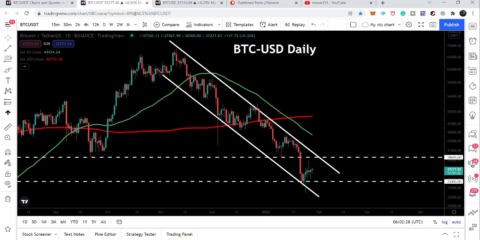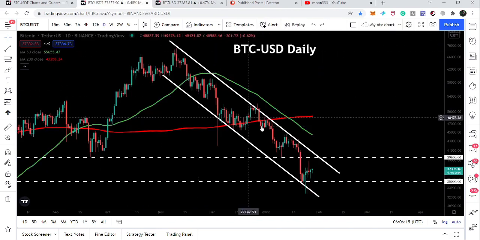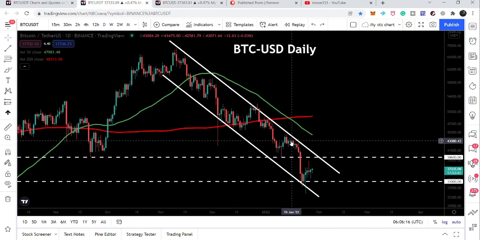Now let's take a look at the daily time frame. On the daily time frame, it seems that we are losing momentum, like we were moving well between the support and resistance of this channel. And right now, after getting bounced by the support of the channel and also the support of $35,000, so far the price line is not able to hit the resistance. If we want to see any kind of powerful bullish reversal from the support, then first we need to break out this resistance of the down channel.